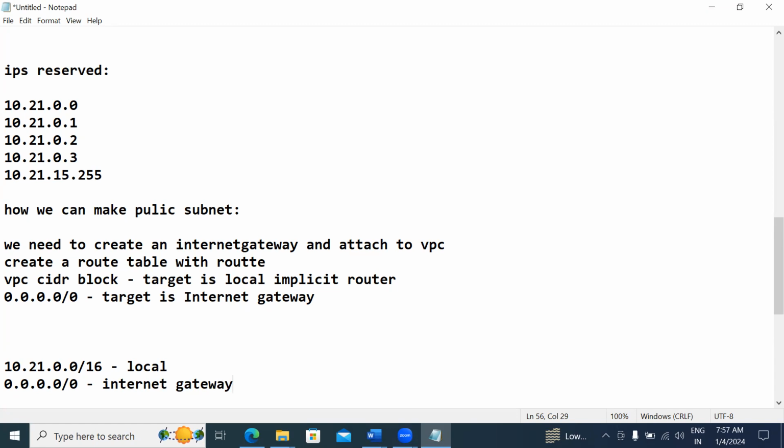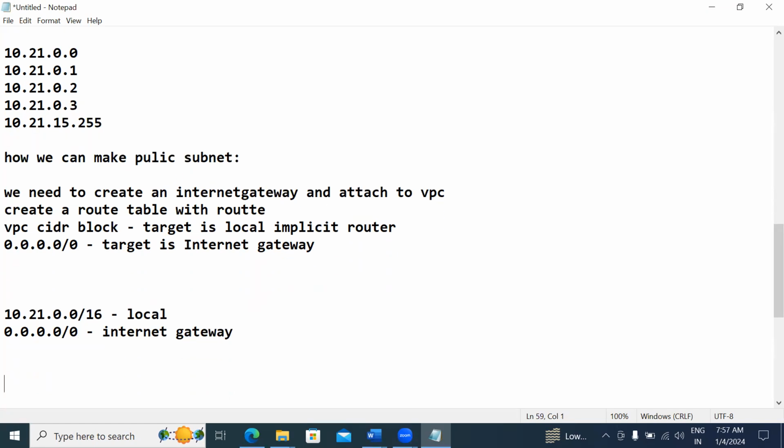So if the IP comes from the 10.21 series, use the local router. No need to go outside through any internet gateway. Within the VPC, by default, the communication is going to happen. And if any other IP comes, 0.0.0.0/0, that is the reason we gave,